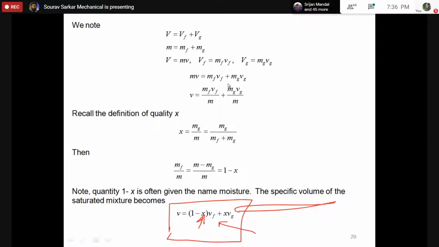What is x? How much fraction of vapor has formed, or how much mass of vapor is existing divided by the total mass. If you have completely converted the total mass, it will be total mass divided by total mass, so it will be 1. If you have not yet started boiling, there is no vapor, so x will be 0. So any intermediate property can be determined with the value of x. The value of x will determine the average value at intermediate points.